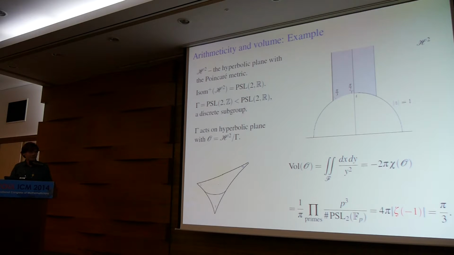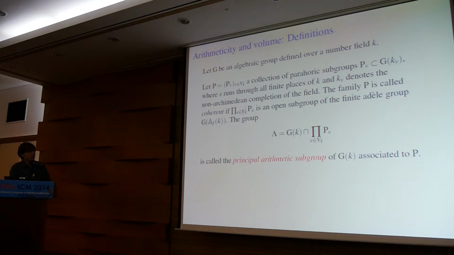So it would be very difficult to do something like this in higher dimensions. And we also don't know Euler characteristics. But this method appears to be very powerful and robust in very wide generality. So in order to use it, we need to define the class of objects on which it applies, and it's going to be these arithmetic groups. So, well, here is a definition of arithmetic subgroup of an algebraic group, and the point is